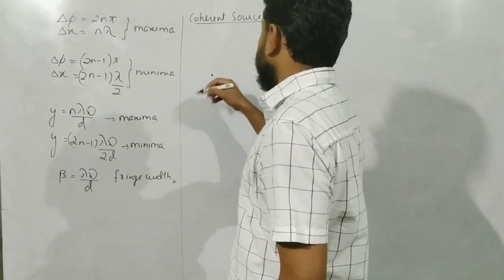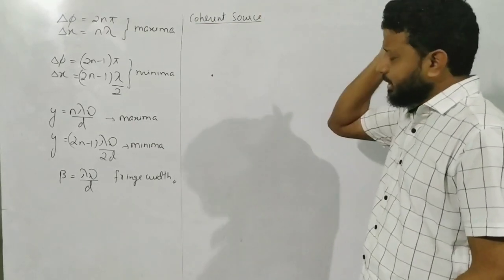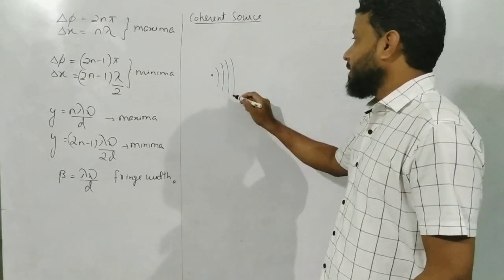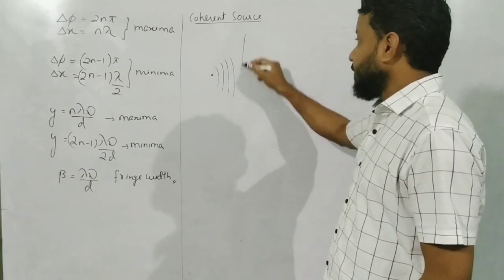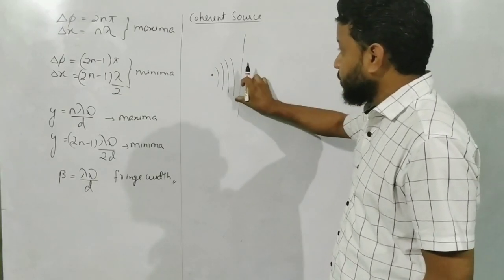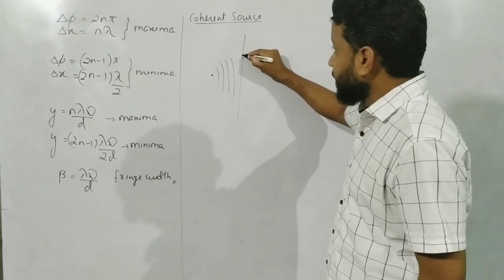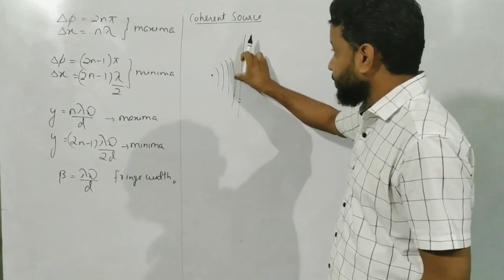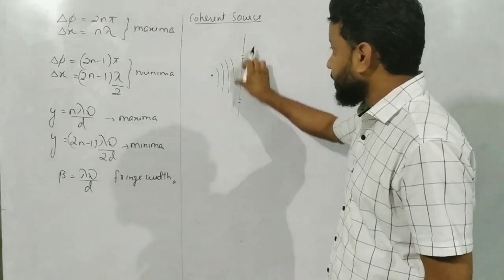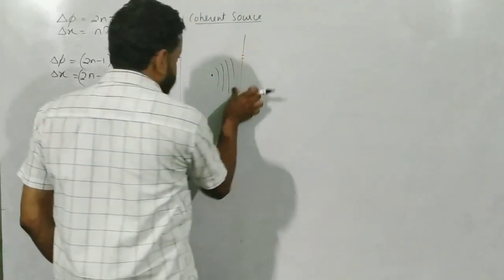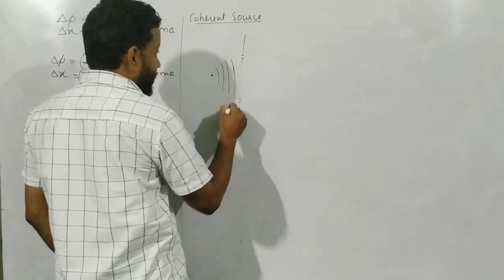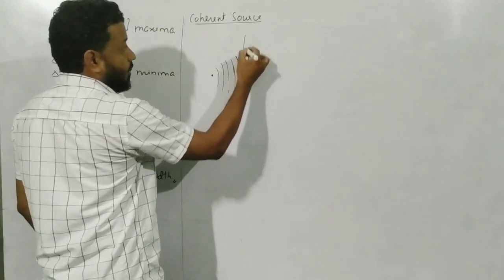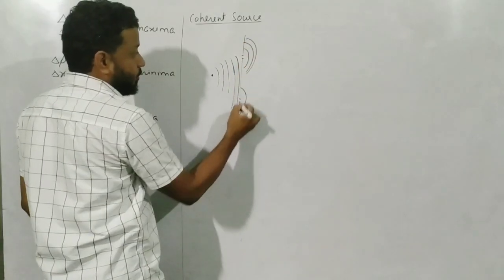See, what happens, we will try to understand. The definition is very easy, but we will try to understand it here. What we did in Young's double slit experiment, we took a source and then we put a barrier and then we put 2 slits over here, so that from the same wavefront, this is one wavefront and this is another wavefront, from the same wavefront we got 2 secondary sources.